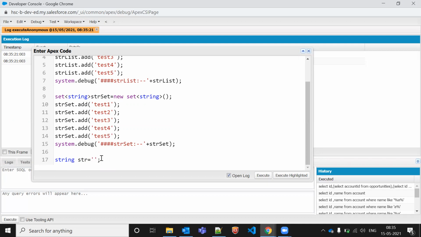Right? So in this scenario, let's say I want to fetch that particular value which contains t or test. So str dot contains.